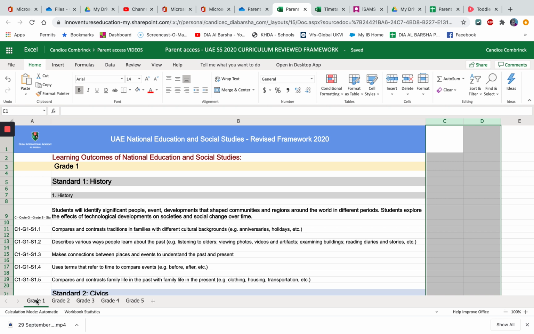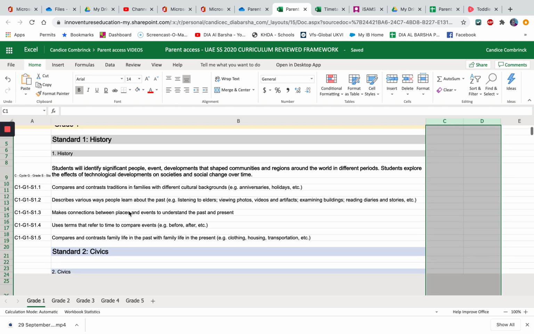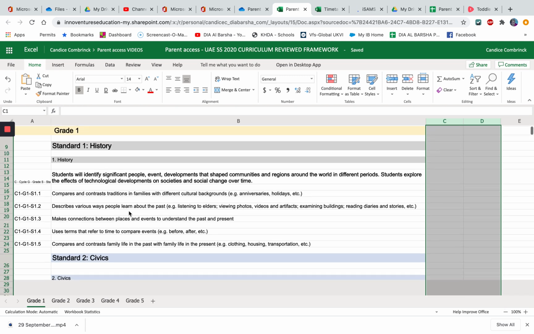This has absolutely nothing to do with religious studies at all, but learning a little bit more about the background of the UAE, how it was formed, its history, its trade, countries that it trades with, its heritage, its culture. And so they implemented a curriculum. As of September this year, they've revised the curriculum and shared this with schools. We are awaiting some teacher resources.